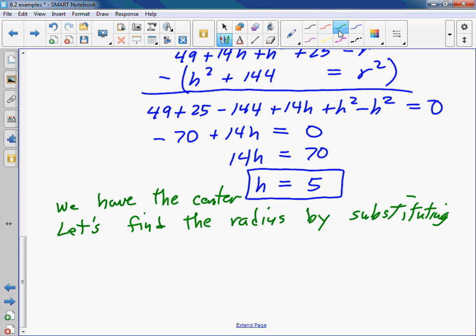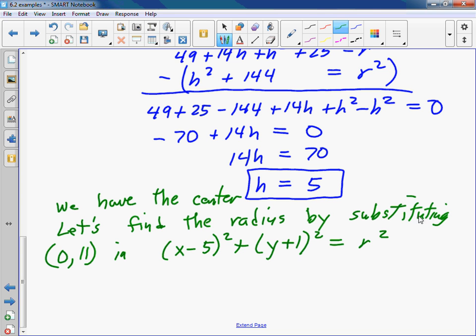Let's substitute 0, 11 into (x − 5)² + (y + 1)² = r². Did I do that right? h is 5 and k is negative 1. Okay, we're good. We're good. And then